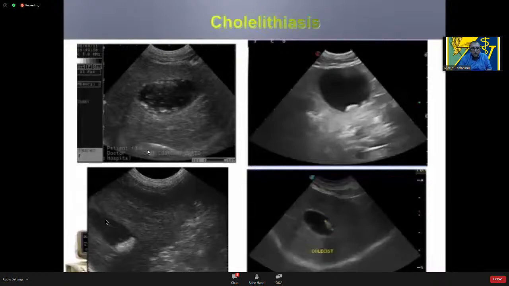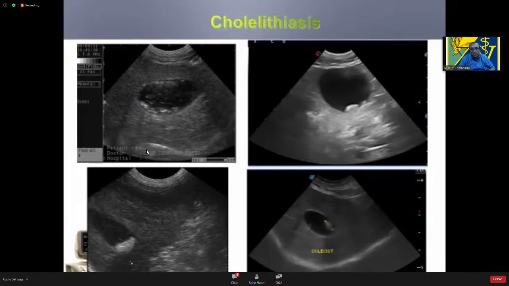Also, in this image, we can see the not so obvious affected wall of the gallbladder, but you can see that the content of the gallbladder is not homogeneous, is not anechoic. We can see the presence of some dots in the content, in the lumen, and of course here in the distal part of the gallbladder, we can see the gallstone, round shaped, with distal and lateral shadowing, and of course distal